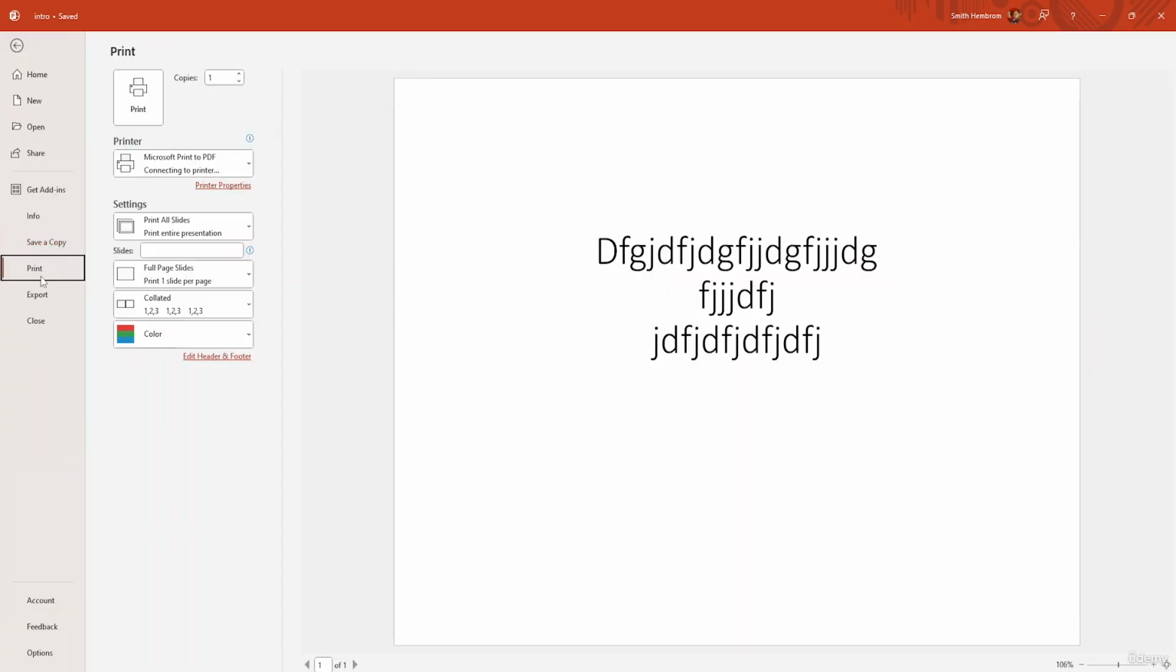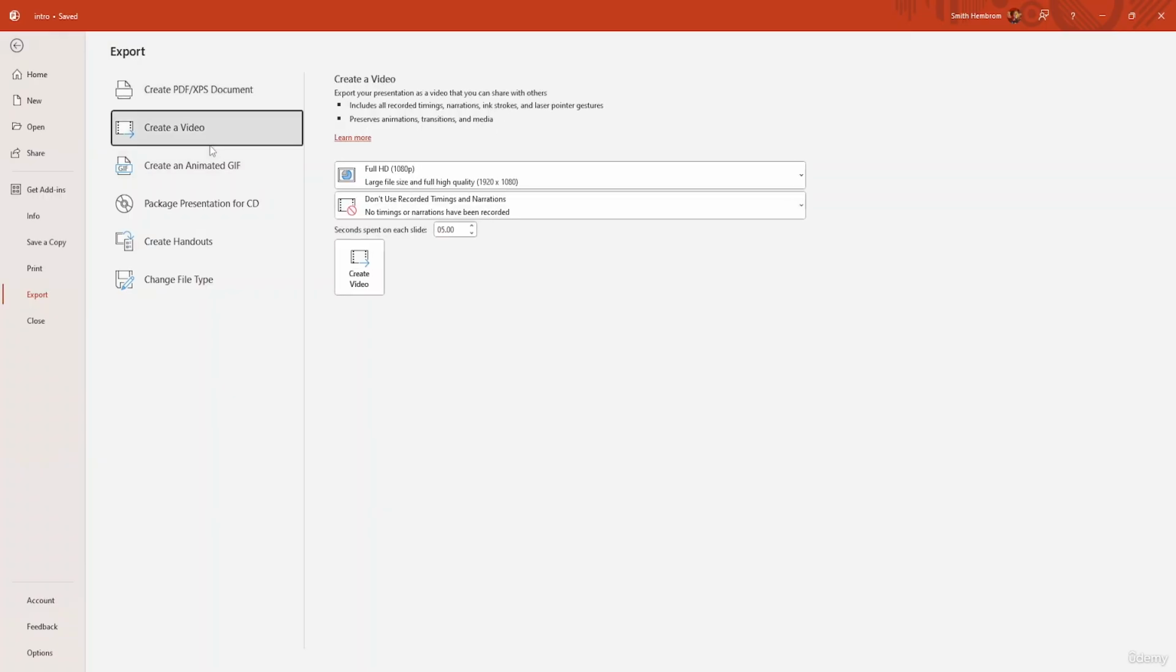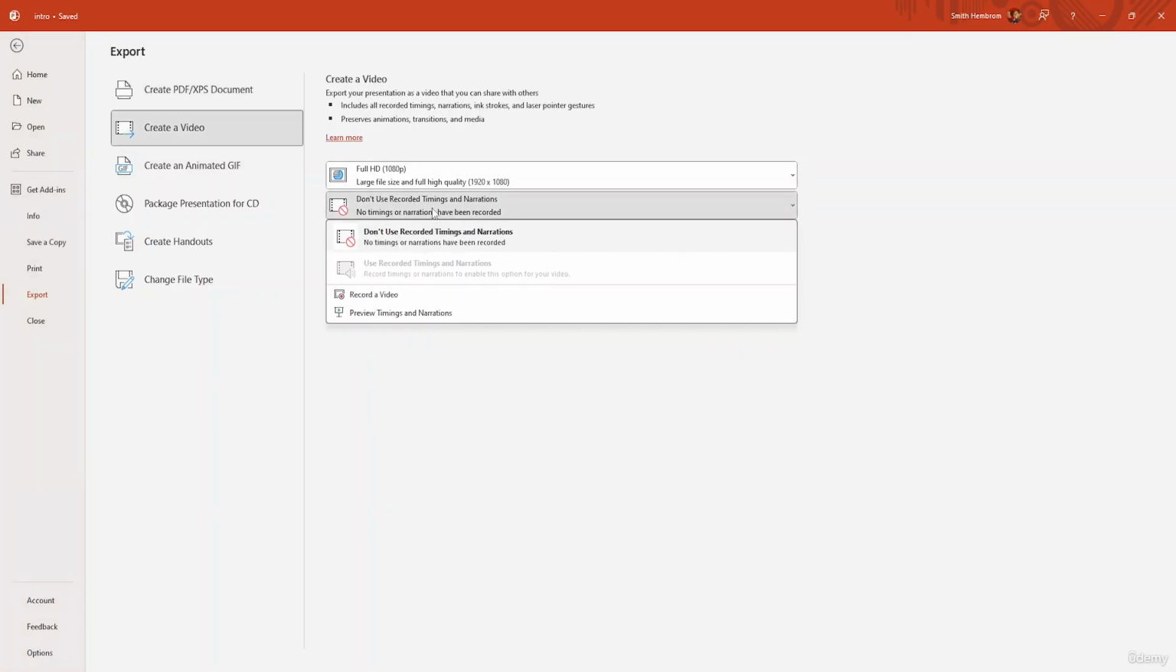Then we have the Print section, basically where you are going to move on after you are done with your presentation and before printing your presentation. You can also export your presentation in different formats such as PDF, XPS, as a video in different resolutions, and also different